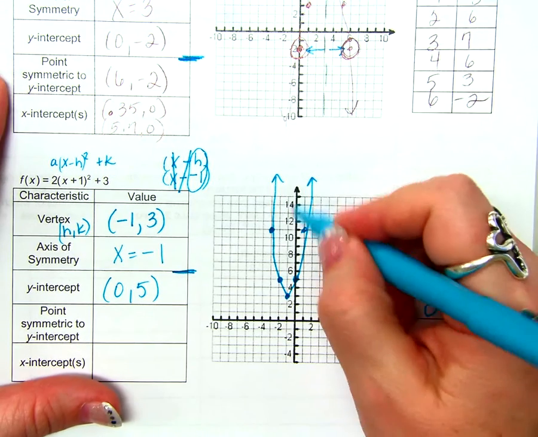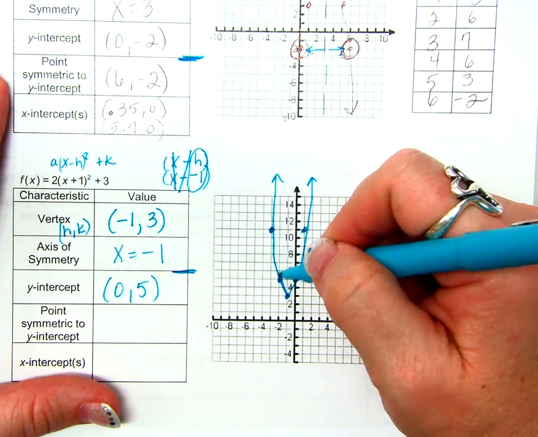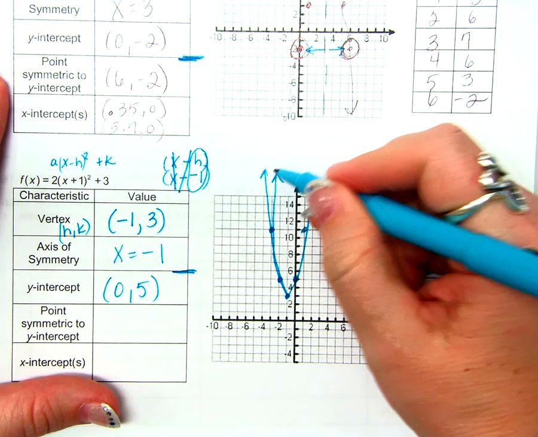So I'm going to go ahead and draw. This is awful, by the way, because it goes back. You don't ever want your parabola to go back on itself. It should be more like that. So sorry about that. Okay. I'm going to go ahead and draw on my